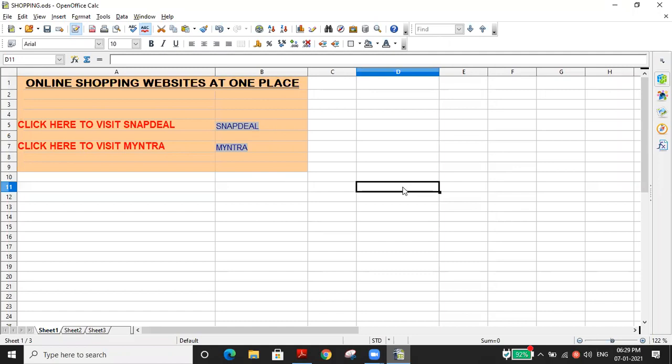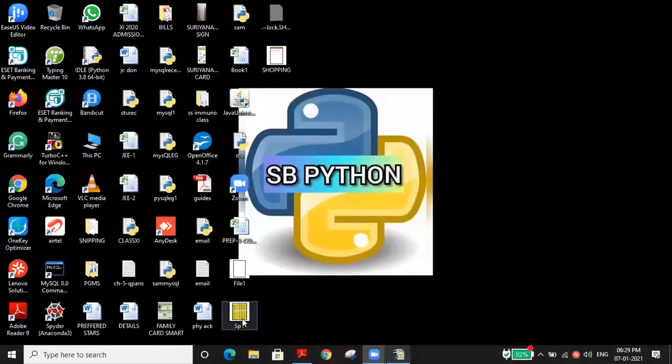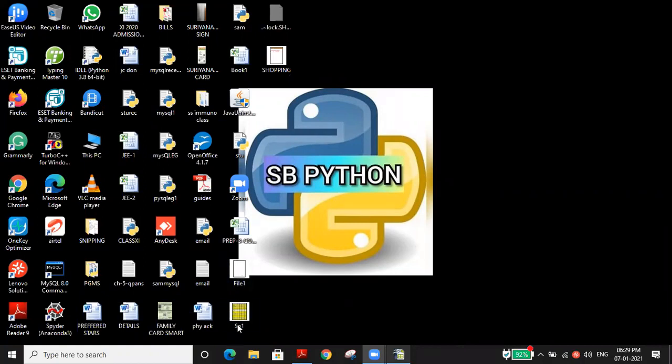By using hyperlinks, not only on the internet, we can open any files, any documents which we have stored in our computer. We have seen that, no? Suppose I want to open this, SP1 I have opened. File one we have opened.